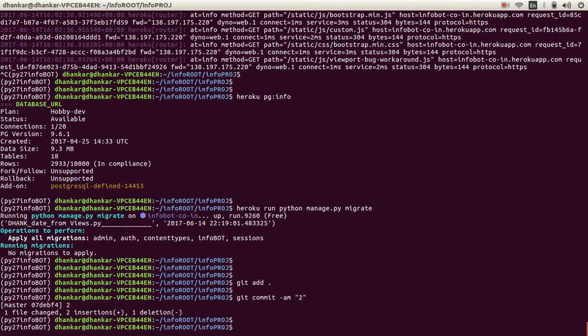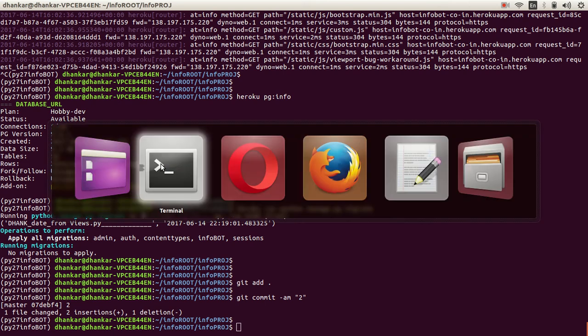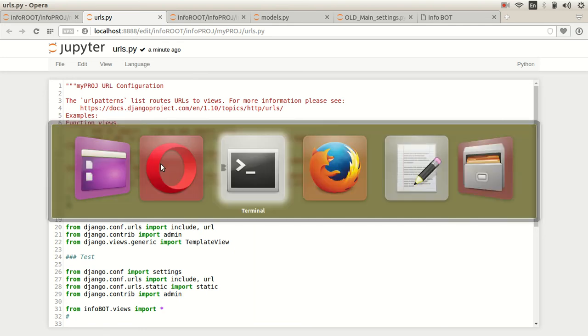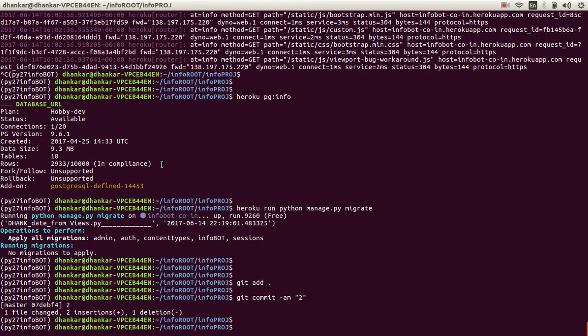So it shows me clearly one file changed, two insertions, one deletion. So deletion, I'm not sure what happened. I just went ahead and did two insertions in front of you. Probably deletion is one movement of some space or something which is there. Okay, so this is how sensitive Git is. It tracks each and everything very, very carefully. And if I go ahead and do a git push now,